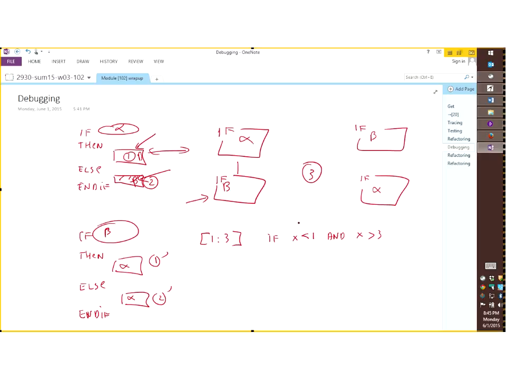So you're going to correct this, and you're going to say, well, okay, so this is less than here, greater than here, and less than here, but guess what? Now you're off by 1 because you don't accept 1, you don't accept 3. So then you're going to correct yourself again, and this is what you're going to come up with, less than or equal, greater than or equal. So this is the second source of error. The good news is that you can use truth tables, okay, to check this.